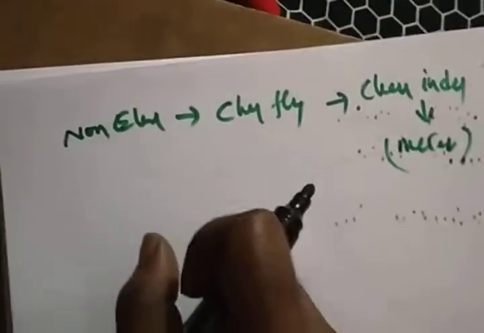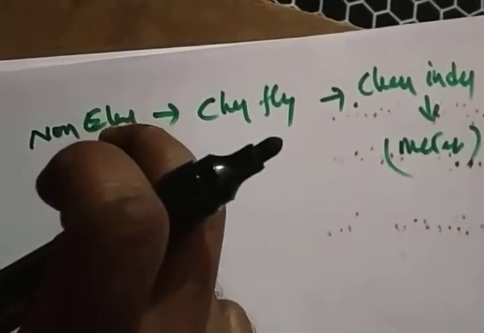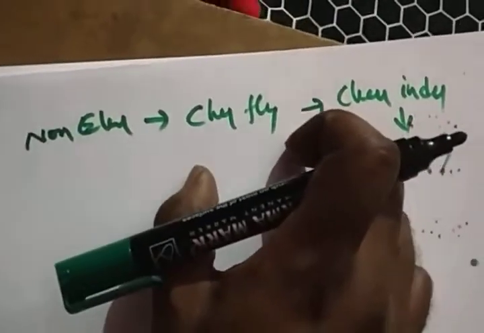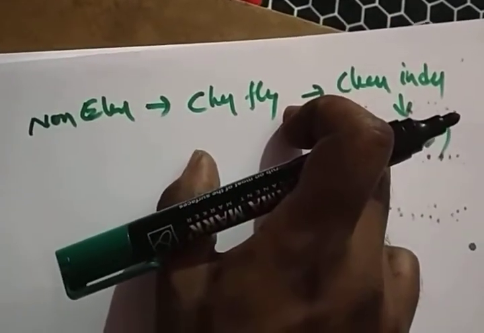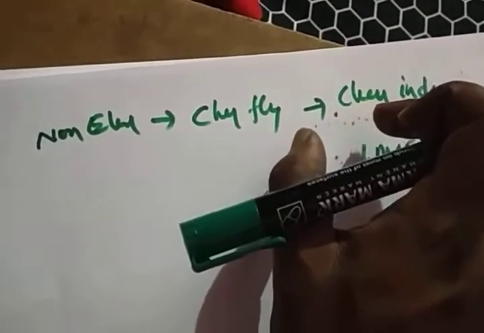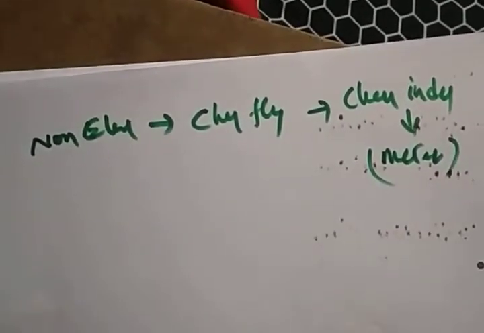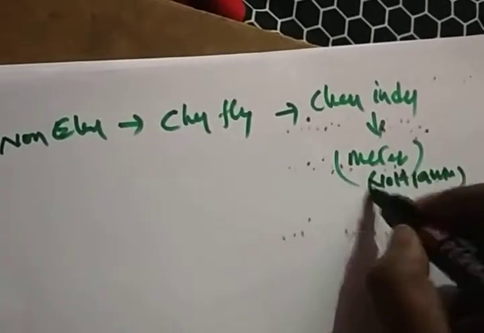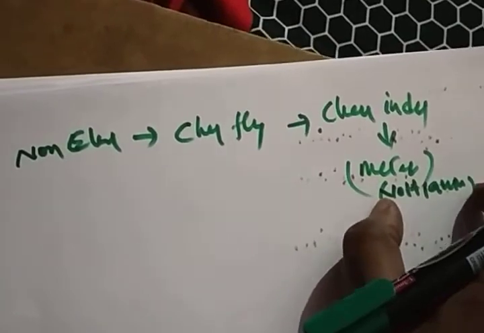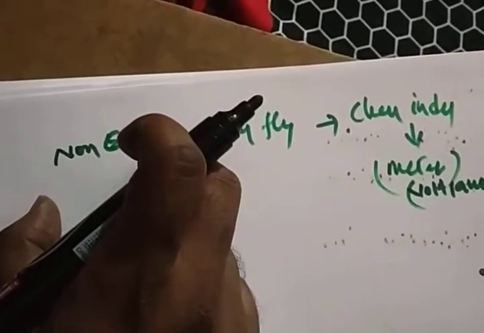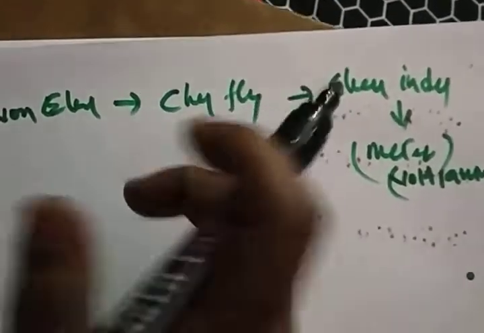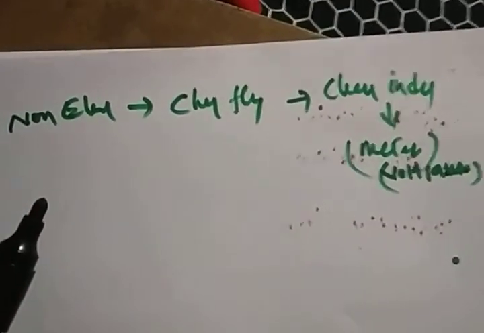For suppose the non-electrical quantity is a displacement. If you vary the displacement or a motion, definitely the change in flux will be created. When a change in flux is created, the inductance will be changed. So with the help of meters, you can easily define how much the inductance changes. Whether the meter is a voltmeter or ammeter, its reading is analogous to the motion that you are going to apply. That means the motion, which is a non-electrical quantity, is converted to an electrical quantity. So this is the working phenomenon of an inductive transducer, right?